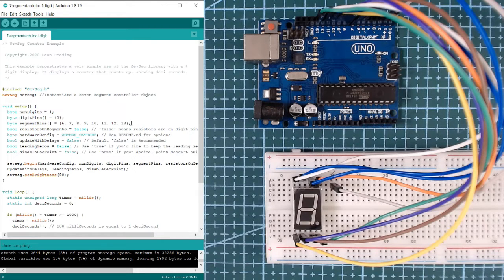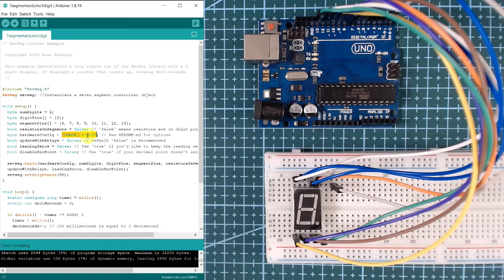We have here the pins for our 7 segments. As you can see from the diagram before, we have the pinouts here. For our common pin, we have pin 2, and for the segment pins, we have these pins. The number of digits is 1 since we are using the 1-digit 7-segment display.